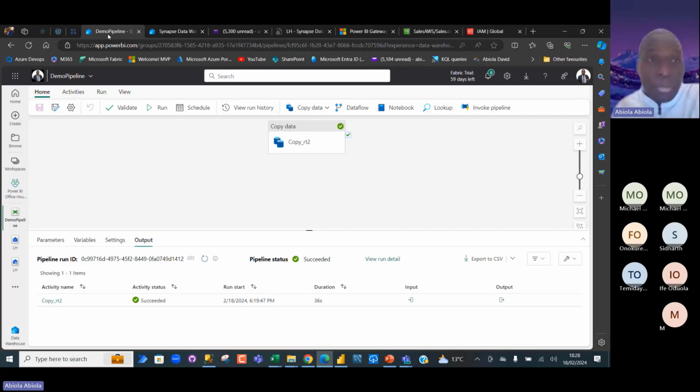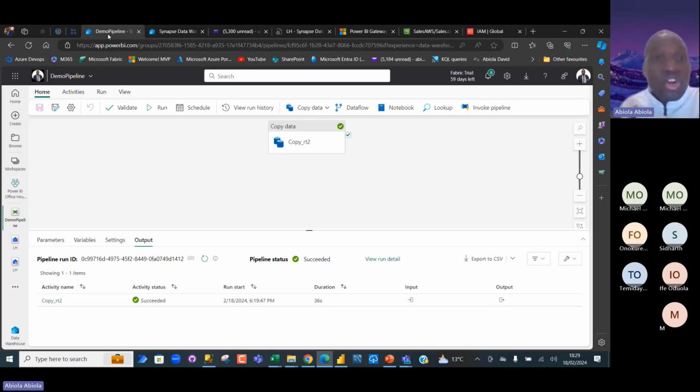You can perform read operations like we do in standard SQL, but in the warehouse, you have a lot of functionality. You can perform the CRUD operations: you can create, read, update, and even delete from your warehouse. And of course, you can create security, like row level security, column level security, and data masking.